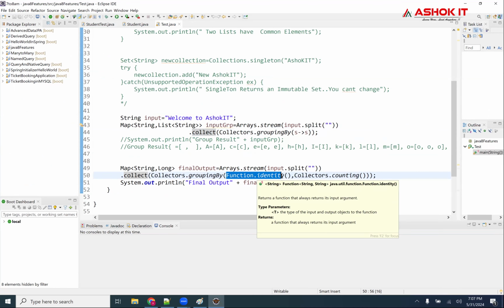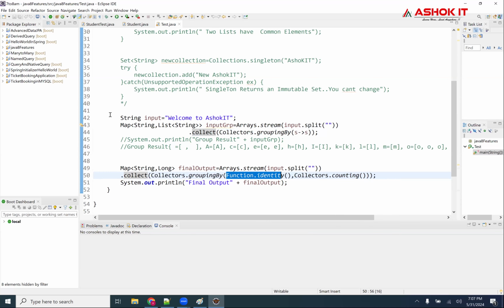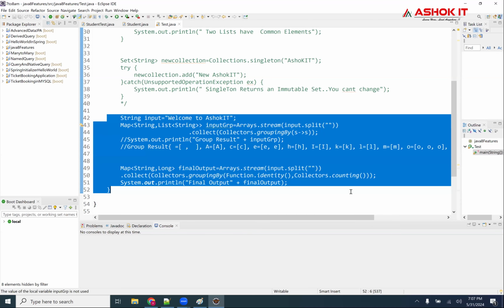Today's agenda is to discuss a lot of scenario-based interview questions, where they will ask you to implement or write some code. That is the most preferred way, especially for 2 to 10 years of experience. They will give a scenario and ask you to write the code to solve that particular problem. That is what I'm going to discuss today, completely on Java 8.